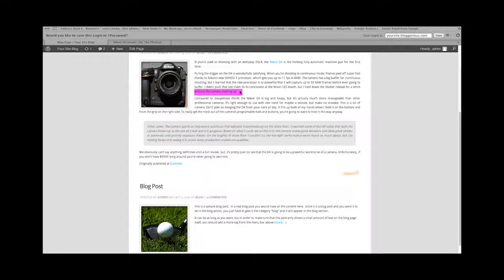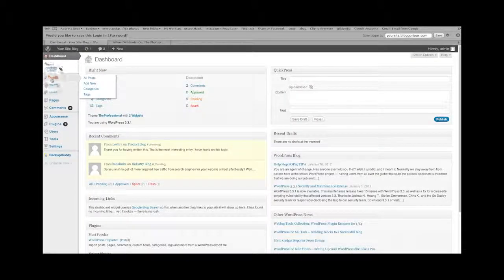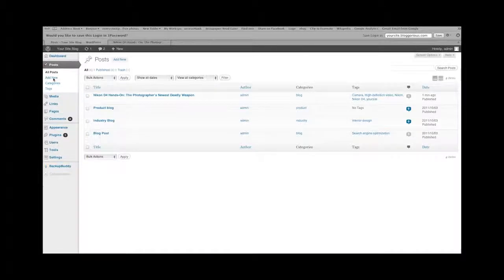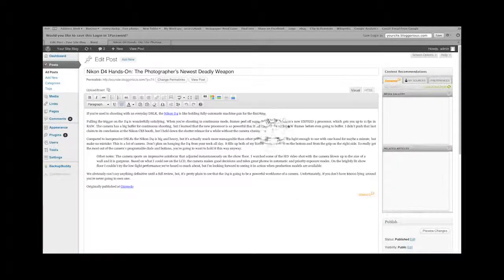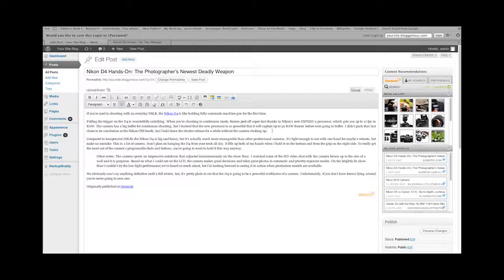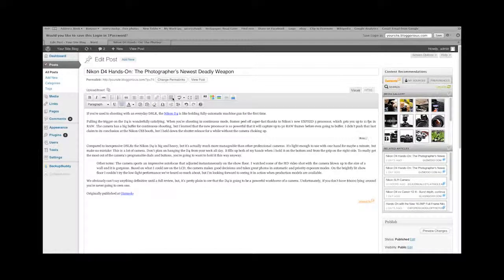So what you do is go back to the blog post, sorry. You go back to the post, this one. You bring your cursor to the place that you want it to stop, and you click this little button here called the More tag. It inserts a line that says More. You would not see this in the actual post itself, but it does tell the WordPress blog page where to stop. And if we update that,